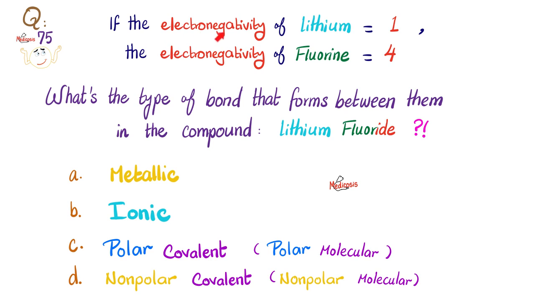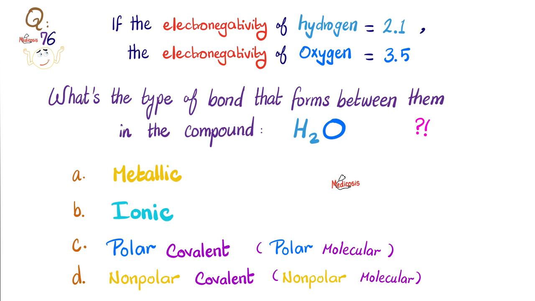Quiz time! If the electronegativity of lithium is 1 and the electronegativity of fluorine is 4, what's the type of the bond that forms between them in the compound lithium fluoride? Is it metallic, ionic, polar covalent, or non-polar covalent? Here is another question. If the electronegativity of hydrogen is here and of oxygen is here, what kind of bond or what kind of compound is water? Metallic, ionic, polar covalent, or non-polar covalent? Let me know your answer to these two questions in the comments, and you will find the answer key in the next